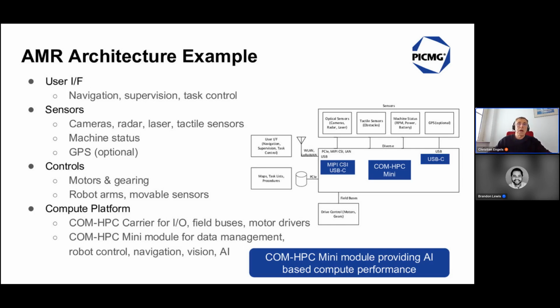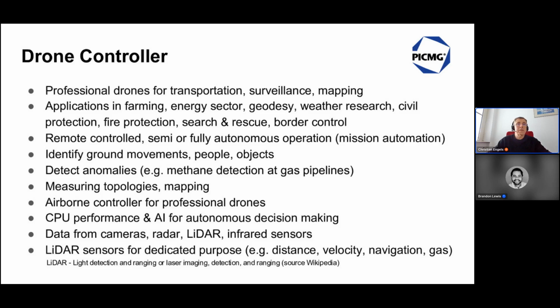In my last example, it's somewhat related to my previous example, but it's also a moving object, and it's a drone. There are different sorts of drones, but we're speaking about professional drones here, for transportation, surveillance, and mapping purposes. If you look at the applications, there's a huge ton of application examples out there,